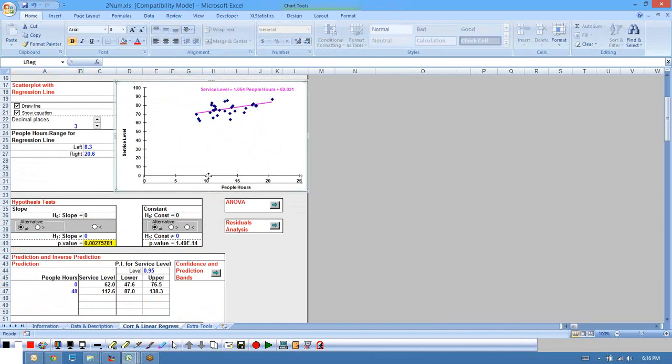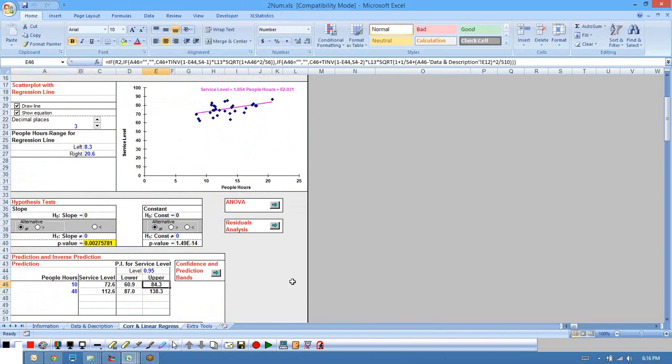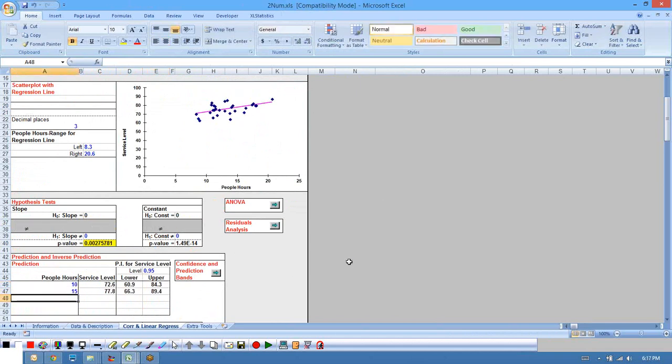So let's check it out. What if we put in 10 people hours? What would our service level be? We would predict it would be about 72, but it could be anywhere between 60 and 84. What if we put in 15 people hours? The prediction says we would get 77, but it could be anywhere between